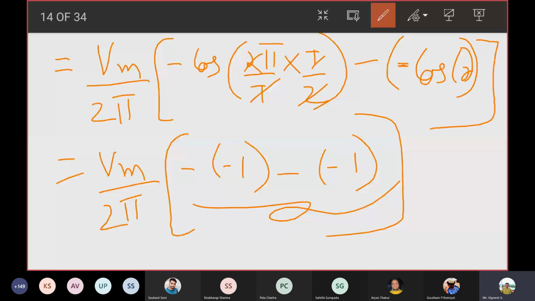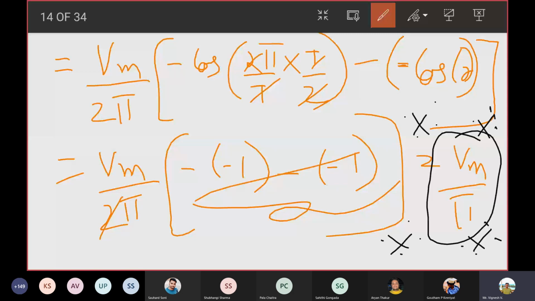If someone asks you what is 12 times 3, you don't use your calculator and do 3 into 2 first and then 3 into 1. In the same way, of course, you should know how you are arriving at 12 times 3 as whatever the answer is. In the same way, you should of course know the derivation of this. But if someone asks you what is the average value of a half wave rectifier, you should tell it is Vm by pi, without doing the derivation.